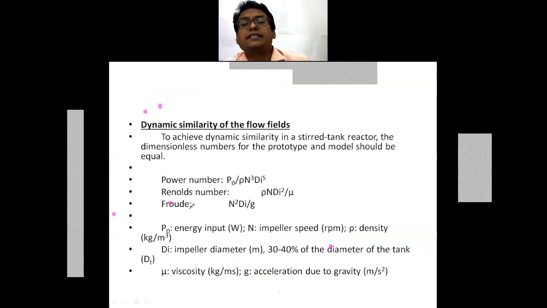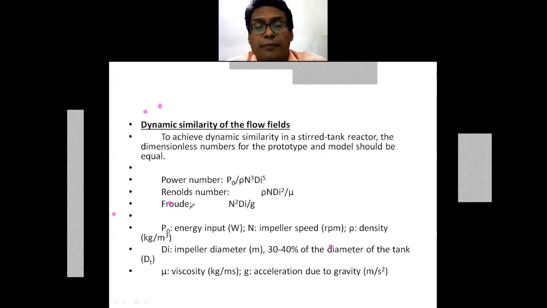Now the next is the dynamic similarity corresponding to the flow field. To achieve this dynamic similarity in a stirred tank reactor, the dimensionless numbers for the prototype and the model should be equal. So again, you require the different numbers, that is your power number, Froude number, and the Reynolds number. So the same three numbers will give you the dynamic similarity corresponding to the